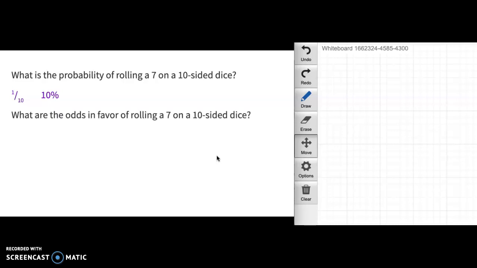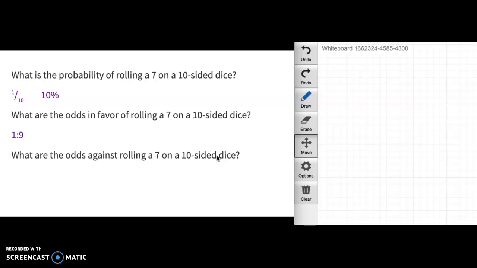Now compare that to what are the odds in favor of rolling a 7 on a 10-sided dice. So odds in favor would be favorable outcomes compared to unfavorable outcomes. So how many favorable outcomes would there be? Would be 1, getting a 7. How many unfavorable outcomes would it be? There would be 9 unfavorable outcomes, getting anything besides a 7. So we would write that as 1 to 9,